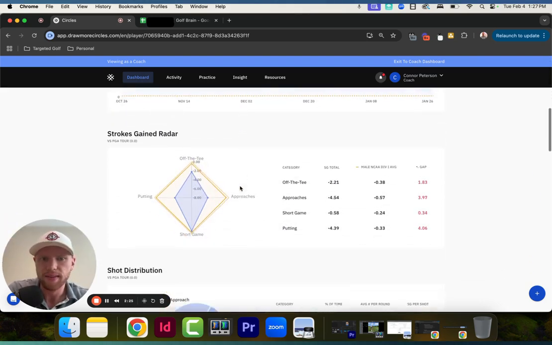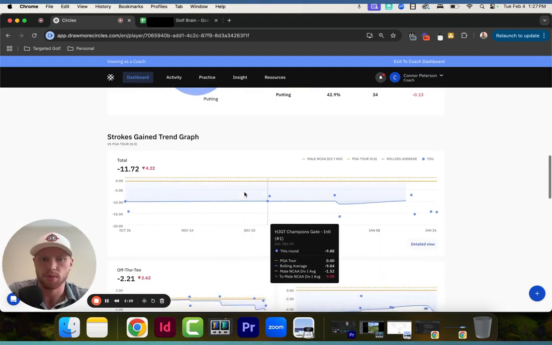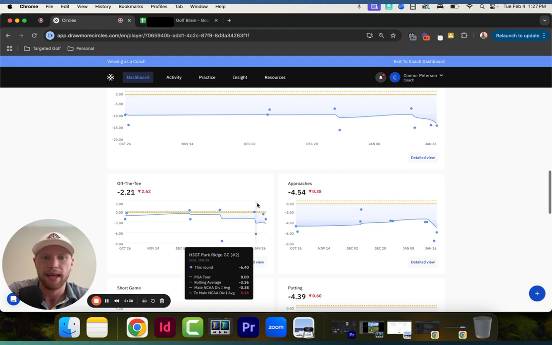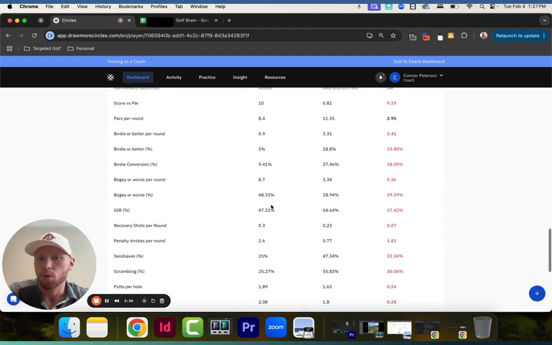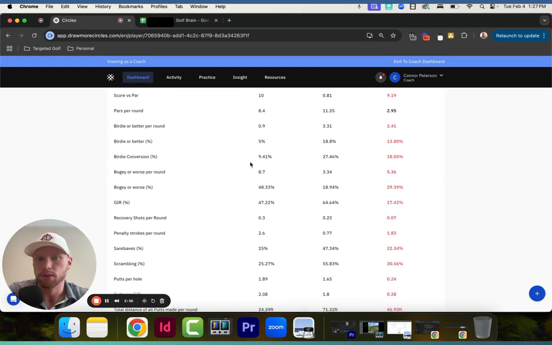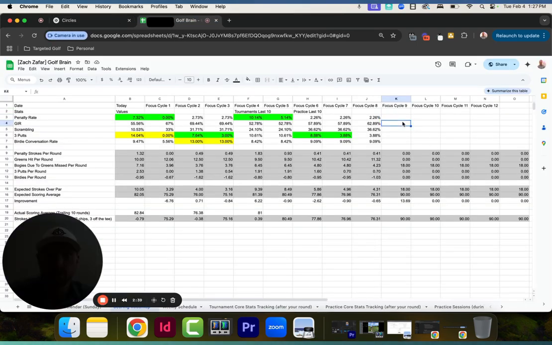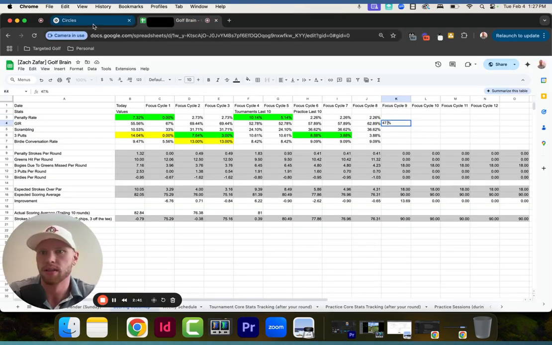So in this case, I'm looking at this player's statistics because we're going to be getting on a call pretty soon. What I want to be able to do is identify why we're shooting the scores that we're shooting and how we improve. So in his case, I'm going to pull up his statistics here. So he's at right now